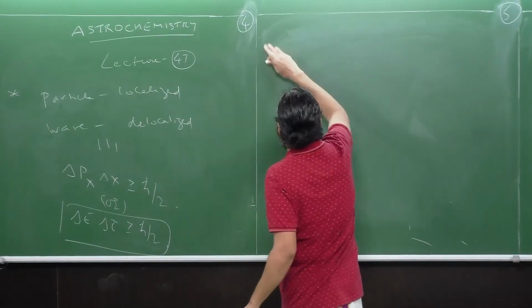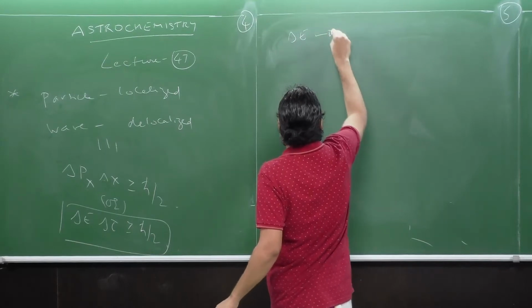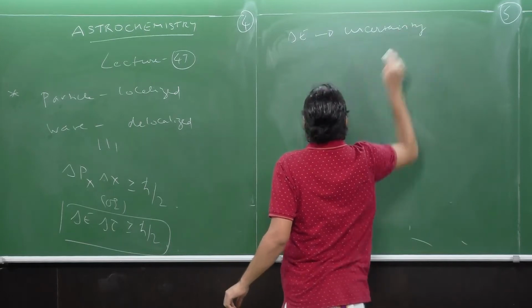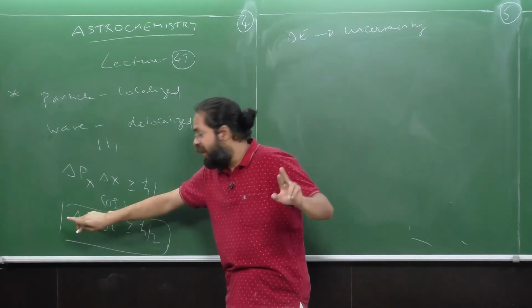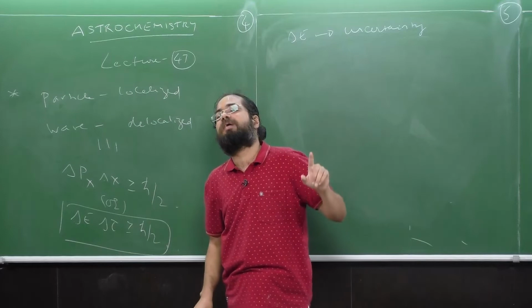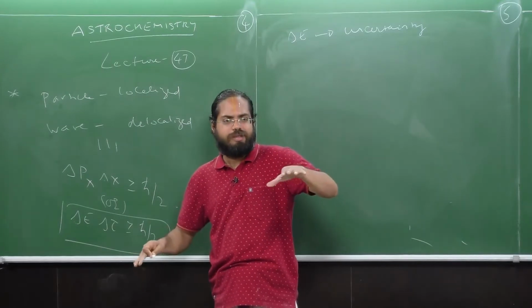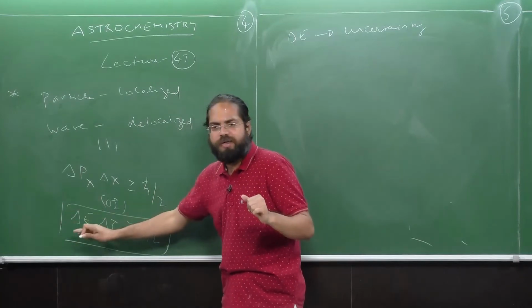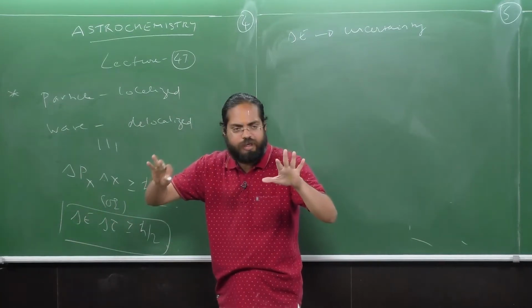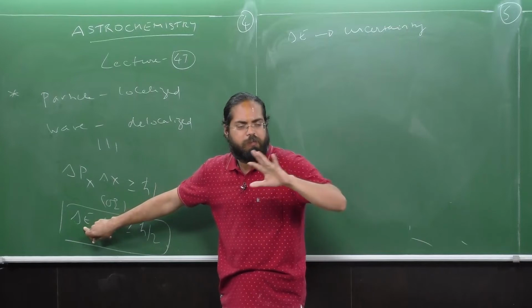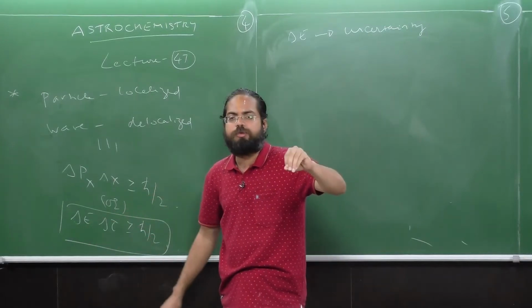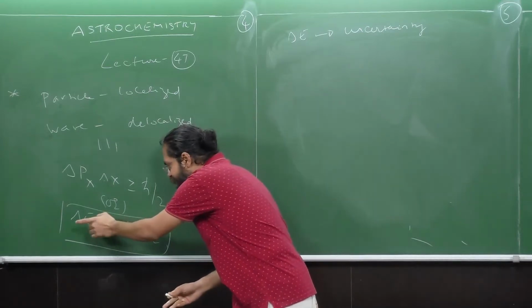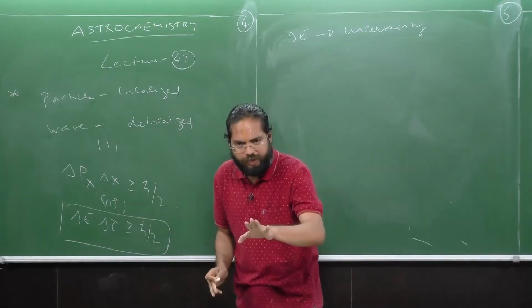Here delta E is the uncertainty. See, the phrase uncertainty itself is also mathematically well defined. We're not concerned with it in this course yet, but one can actually precisely define it by using standard deviations and all those quantities. But we're not going to go there. I'm just going to tell you, for the sake of increased depth of knowledge, that the phrase uncertainty is mathematically well defined.